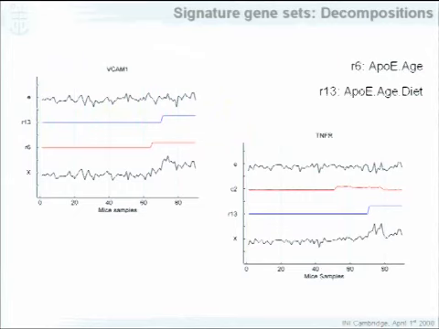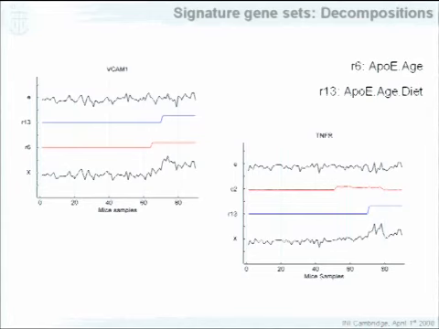Going to go over to the human data in a second, but for those of you that are interested in such things, I'm going to show you a few more pictures like this later on. The model allows you to interrogate individual genes. So these are two genes from that signature gene set. Some of you may know them. VCAM1 is involved in tissue remodeling. And as the process of lesion development and so forth, the buildup of plaque in the aorta develops, tissue is being remodeled aggressively, more and more. It's a well-known